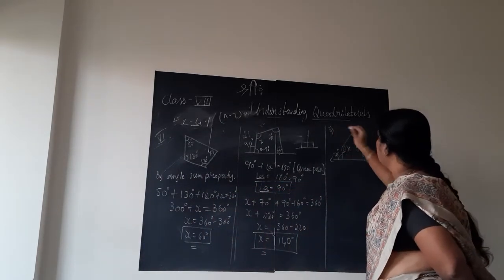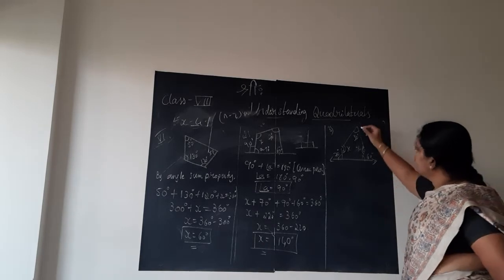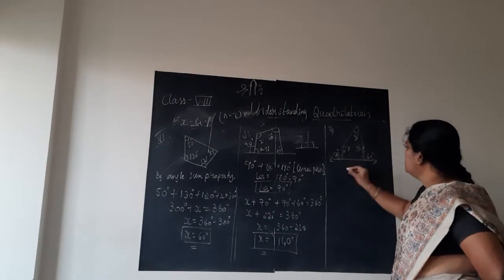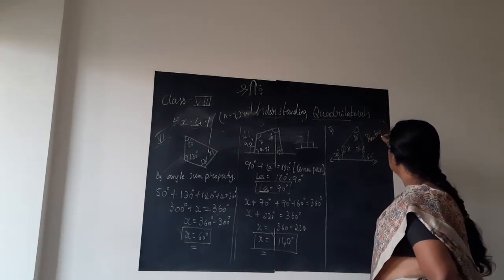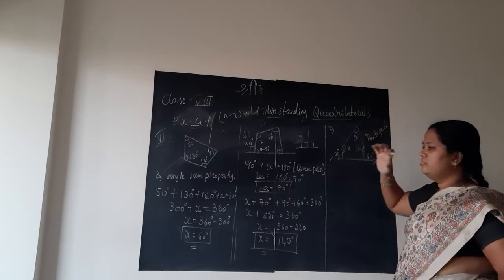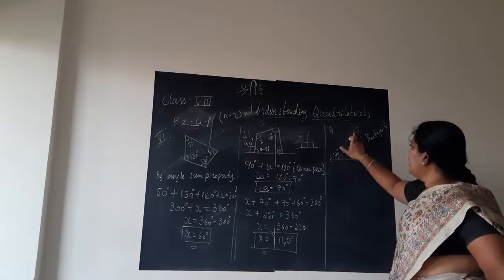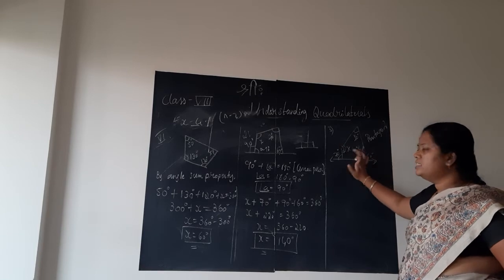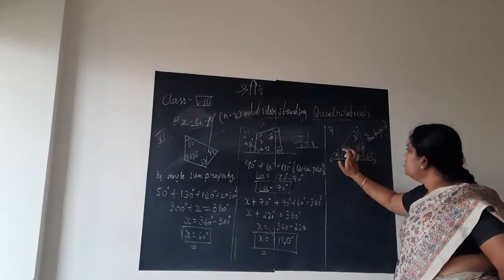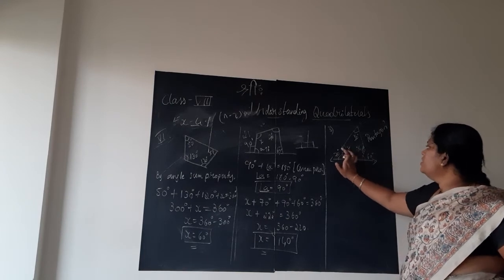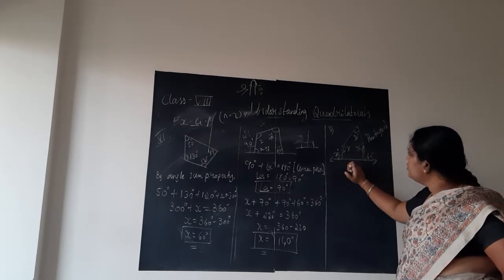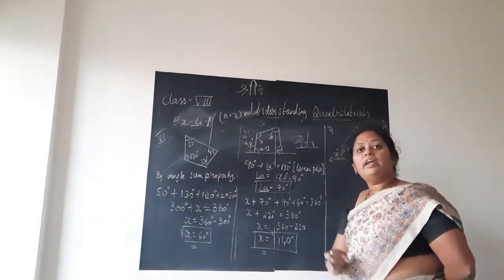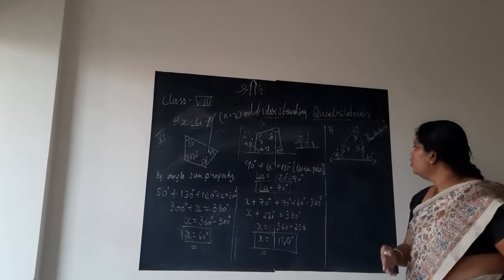And in the third problem, this is the given figure. Here also if you observe, children, 1, 2, 3, 4, 5 angles are there, means clearly this is a pentagon. In the pentagon, we should know 5 angles. One angle we know, 30 degree. But these two angles are equal. Why? See, double lines like this, x and x they have given. So if you find out one angle, then these two angles are also equal. These two angles are x, but these two angles also we don't know. Among 5 angles in a pentagon, we now know only one angle. So we cannot have 4 unknown angles.